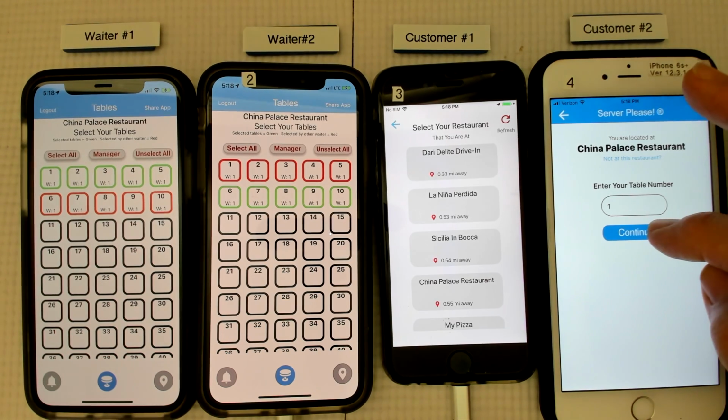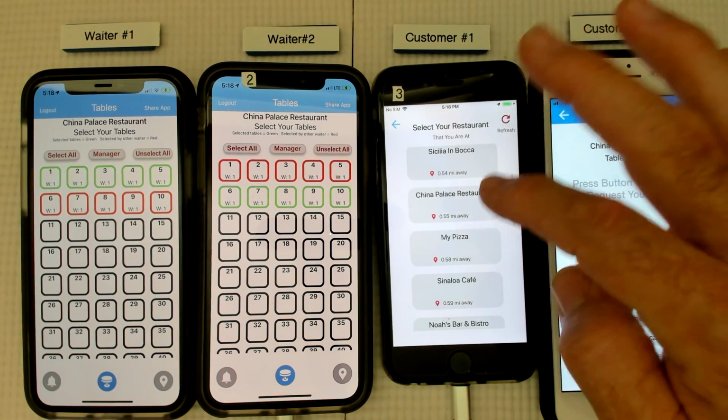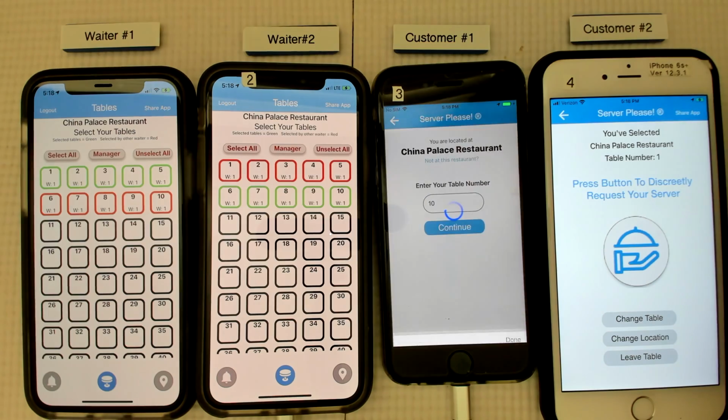So now this guy can select it. So let's say this guy comes into the restaurant and selects table number 10. So now